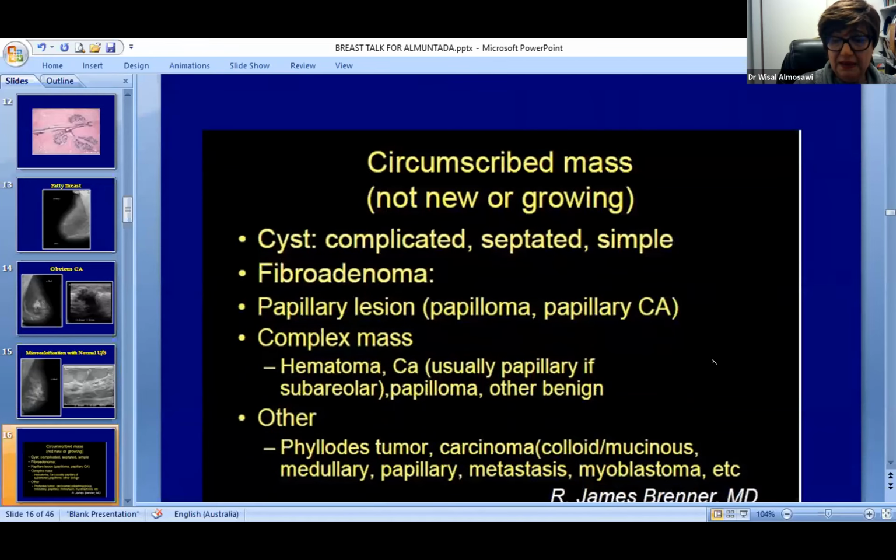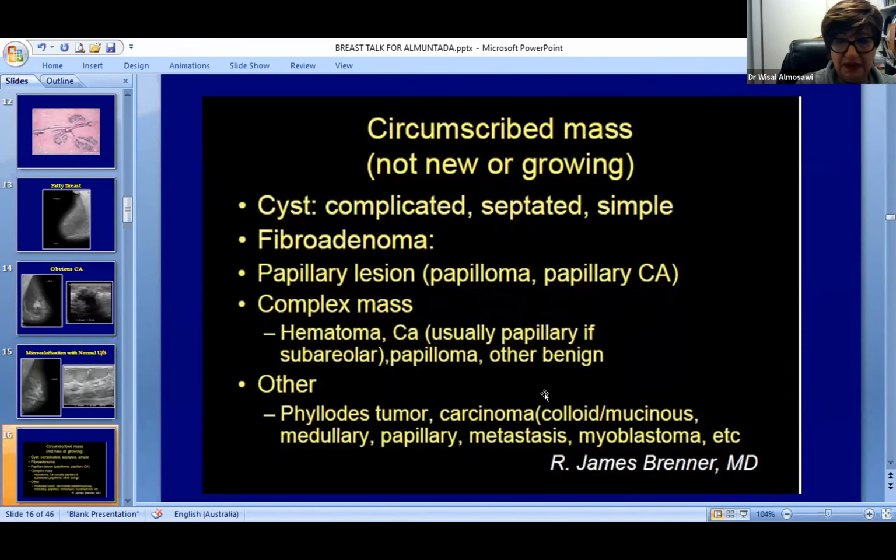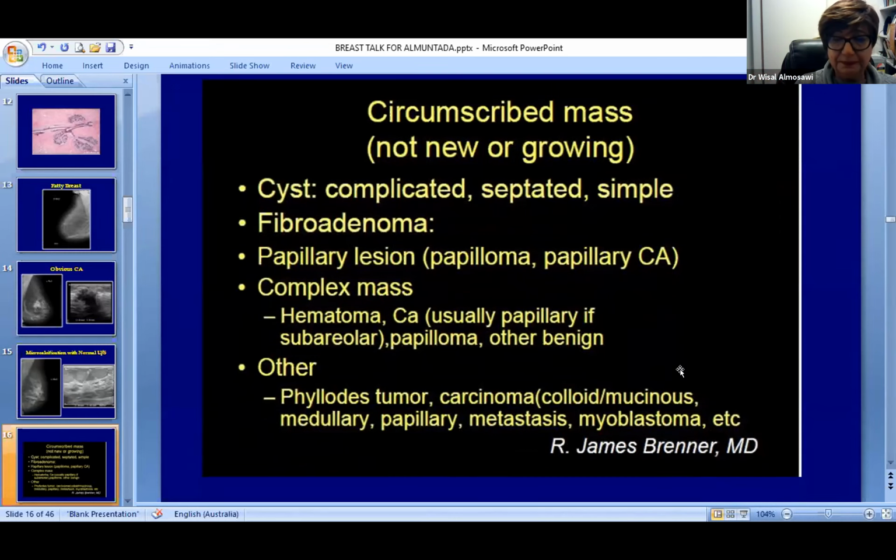Breast lesions could be circumscribed or non-circumscribed. The circumscribed or the rounded one, well-defined margin, this is your friend. This is usually benign. It's a cyst, it's a fibroadenoma, it's probably hematoma or sclerosing adenoma. But that's not always the case. So not always when you see a well-defined lesion, it means benign, because phyllodes tumor, medullary tumors, papillary tumor can look very well defined, and they can be very misleading.